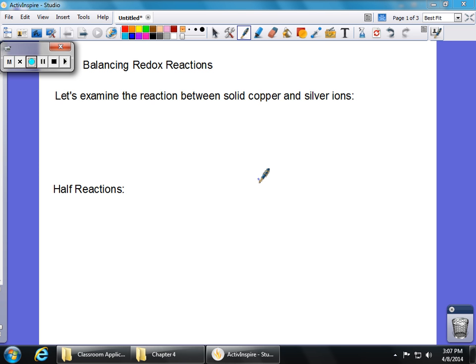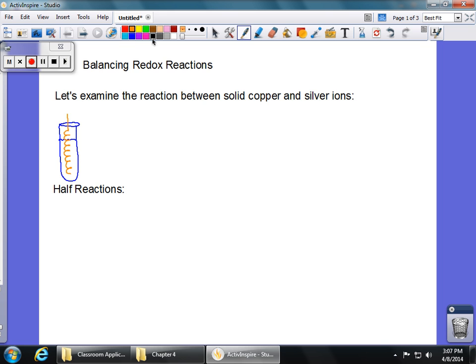So first, let's look at the reaction between solid copper and silver ions. This is our old standby where you took a test tube, and let's just draw a test tube here. And inside this test tube, you would have placed silver nitrate solution. So the solution would have been filled to this level of the test tube. You then take a copper wire, and that copper wire would be curled and placed inside of your silver nitrate